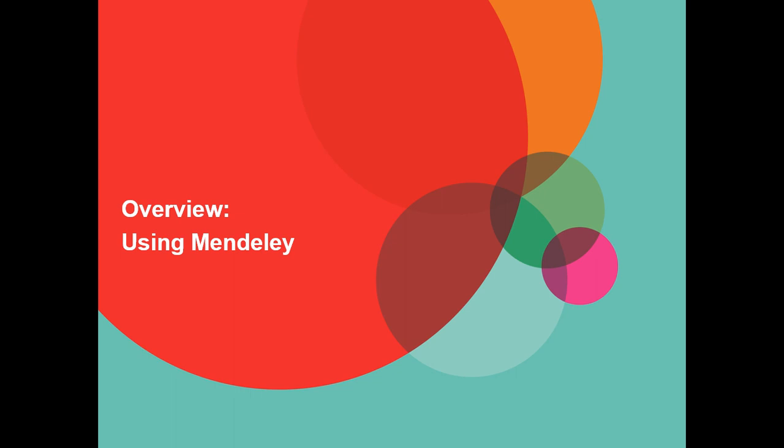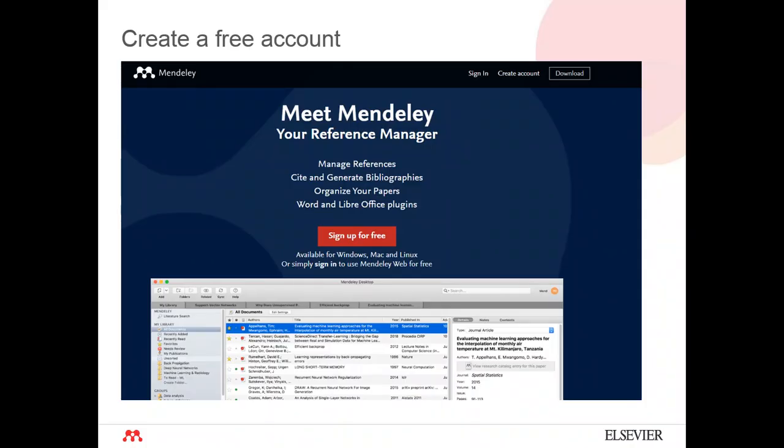So how you can use Mendeley is, you have to create a free account on mendeley.com. This is the official website of Mendeley. It is very simple. You just click on create account, fill in your details, your name, your email ID, your contact details, and then your account will be created, and there you can see the library, and you can put all the details into your library.